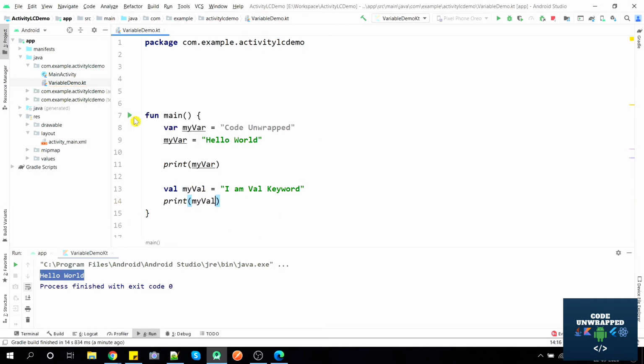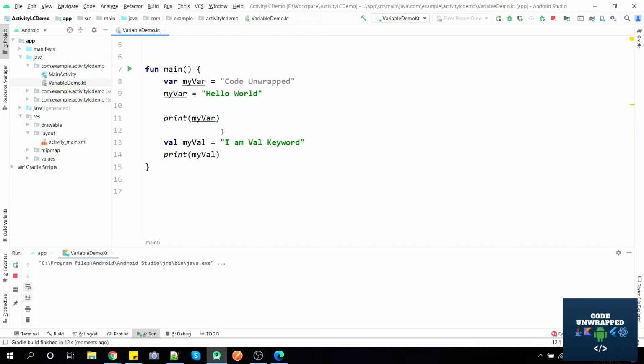Let's see what happens. As we can see, I am val keyword got printed. This should be on a new line, so I'll use println. Let's run it. As you can see, I am val keyword got printed on a new line by using ln.